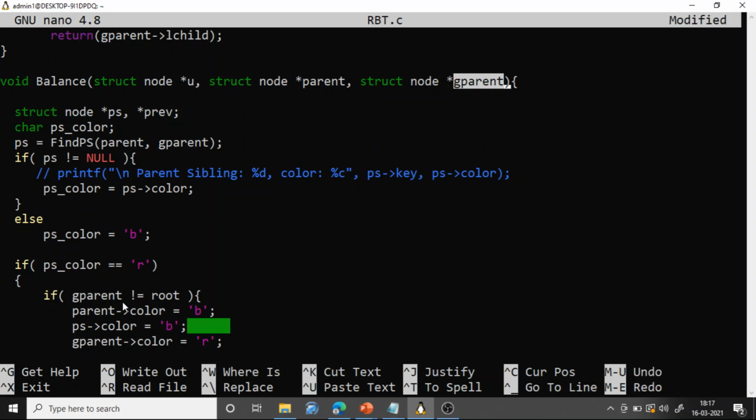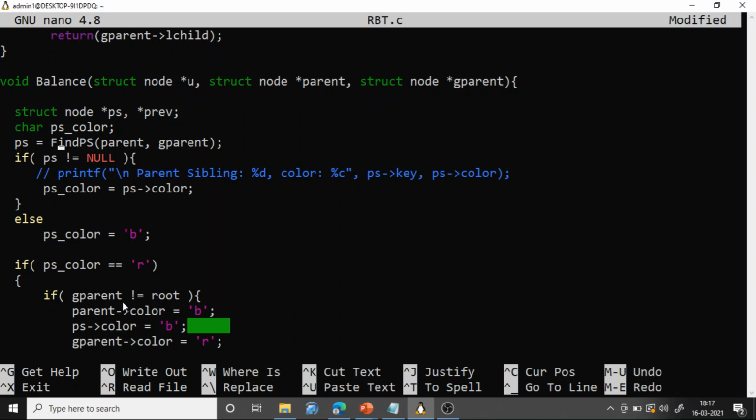Okay, fine. So now again what should you check? As per red black tree norms, whenever there are two consecutive red nodes, you have to check the color of the parent sibling. So first you have to identify the parent sibling. For that we are using a function called find PS.